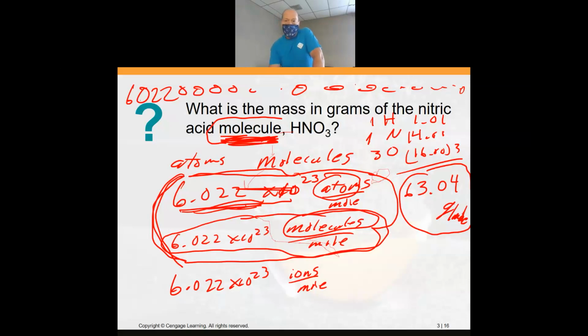And so we want the mass in grams. And so we have to have the grams per mole. We have moles, we have molecules, we have grams. We have a conversion that we can do. So this is just like the last chapter. We have a molecule of nitric acid, one molecule. All right, and so if we have one molecule,